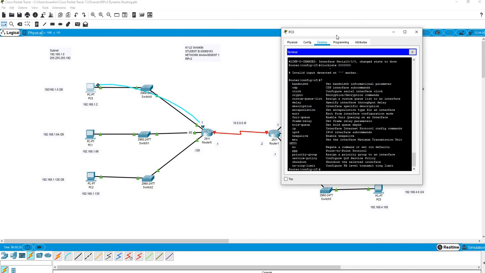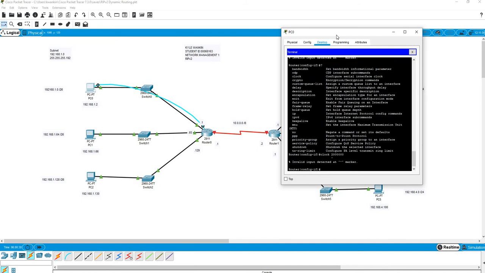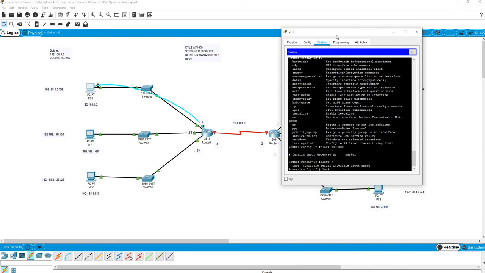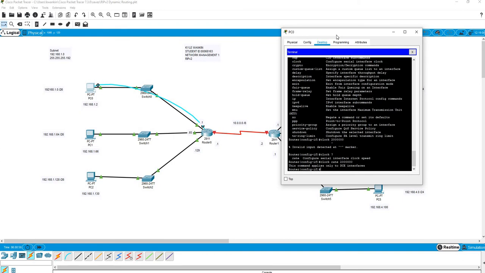Interface, let's just see what we can put here. Right, you see? Love these commands. Right, rate. Right, so